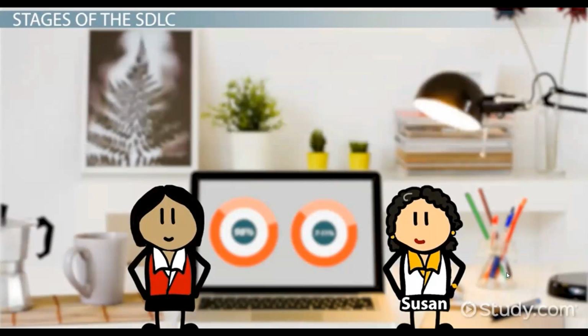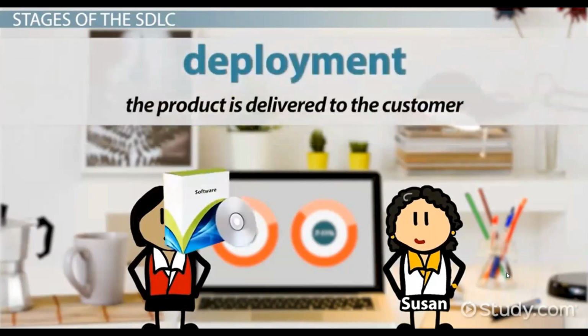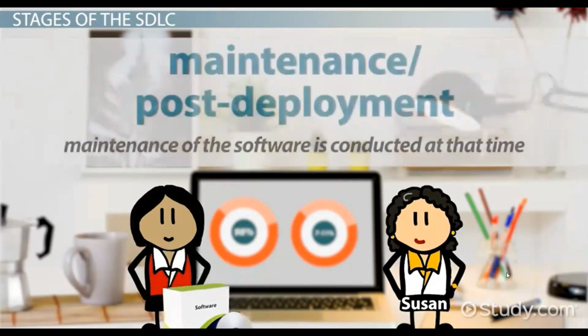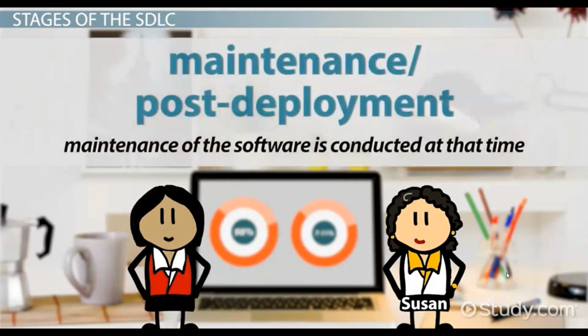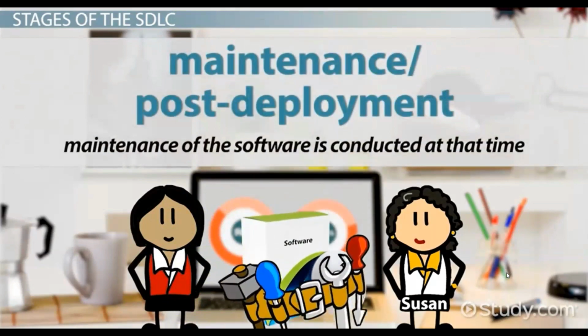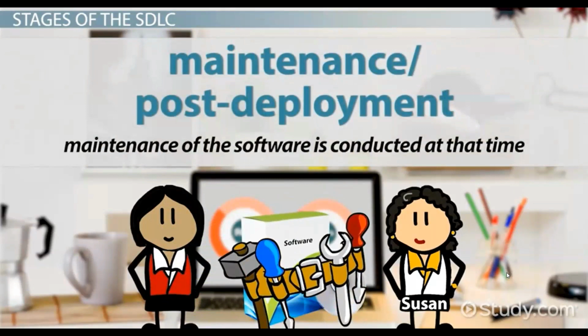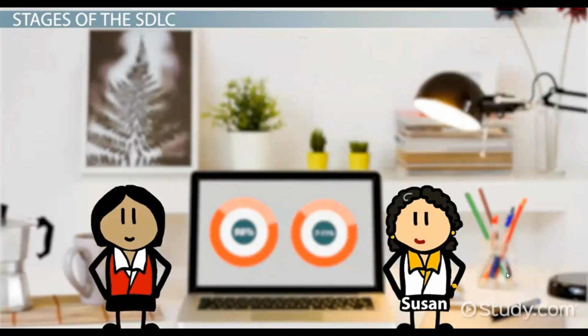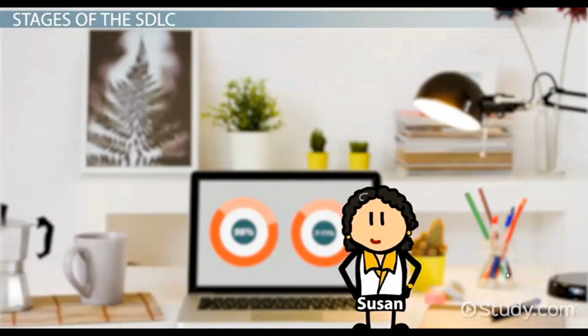After the code is tested, the fifth stage, deployment, occurs. This is when the product is delivered to the customer. The final stage is maintenance or post-deployment. Once the product is in use, the customer may experience technical issues, and maintenance of the software is conducted at that time. Now that Susan knows each stage of the SDLC, she is ready to provide instructions to her project